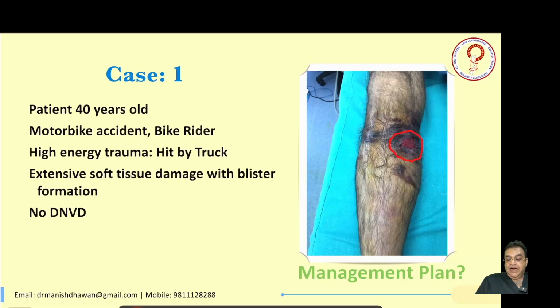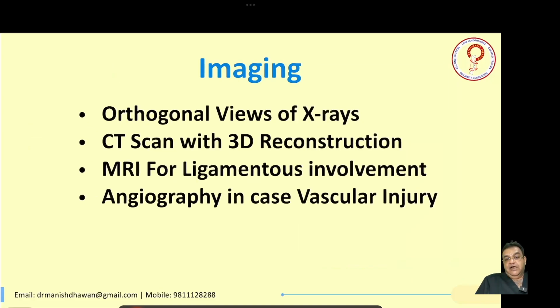So how do we plan it? We do the investigation, and that is the imaging. X-rays are the most useful: AP lateral view, sometimes oblique view is also very useful. We do the CT scan with 3D reconstruction. That is a very useful modality because you can find out where the fragments are placed and you can plan